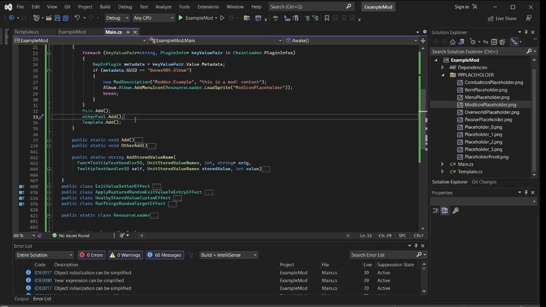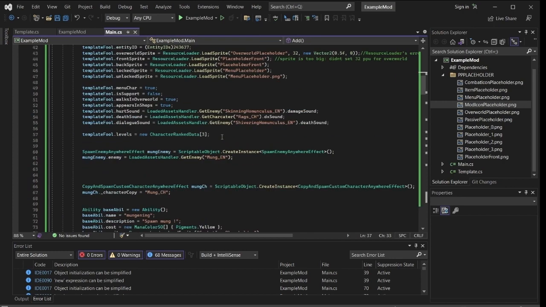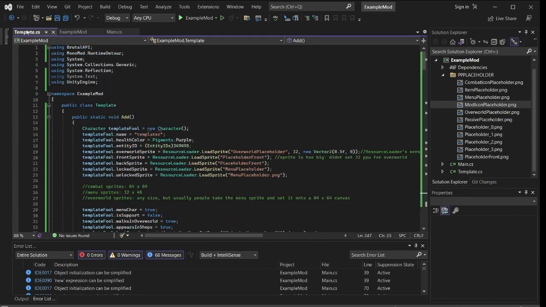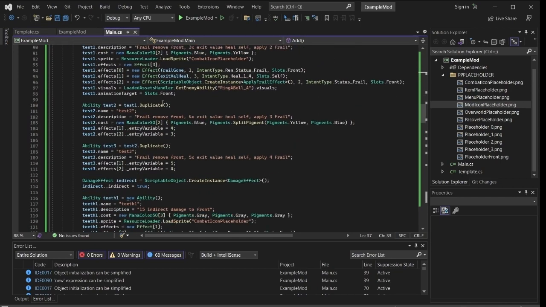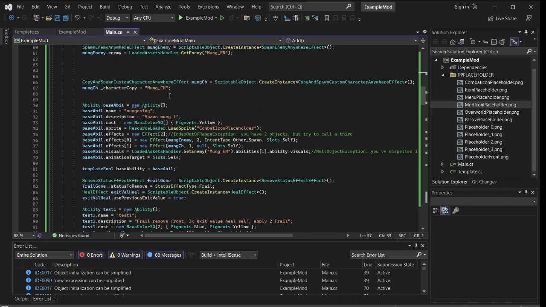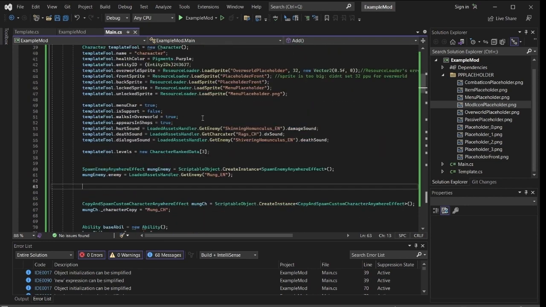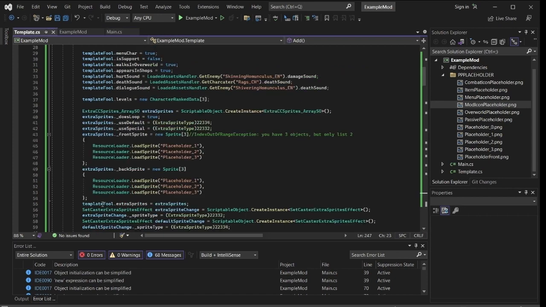Oh, I forgot. Extra character sprite changing. So Noak has an extra sprite when he gets focused, where he flips around and he's got his shards tucked in. Griffin has an extra sprite for having spotlight. Cranes has several extra sprites for taking damage. So if you want to do something like that,